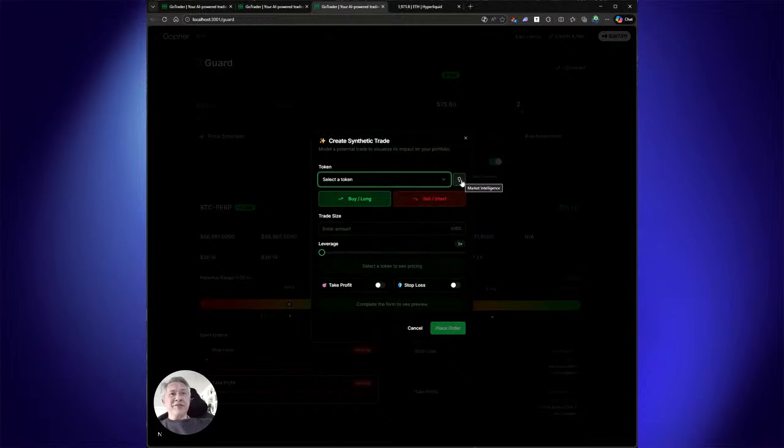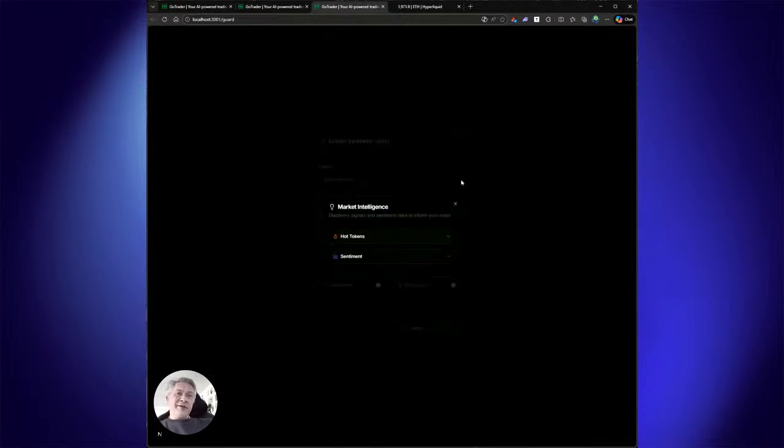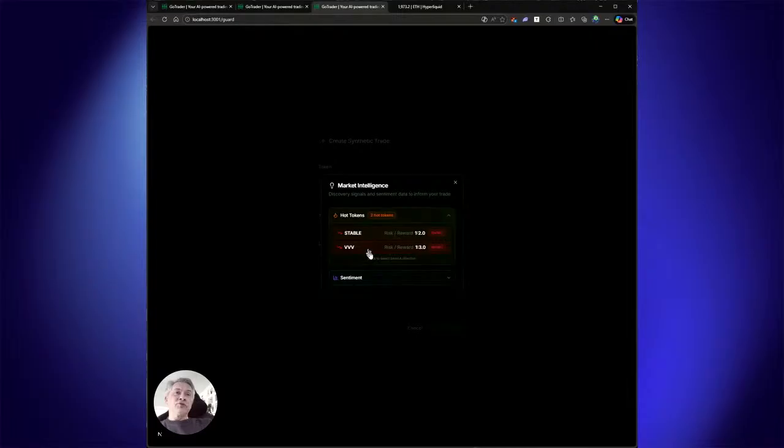market intelligence button. And what we're doing now is we're starting to actually pull together the features of Gopher and showing how they leverage one another. When you're looking to trade, we have discovery that shows you some of the hot tokens. We have sentiment that shows you where tokens are heading, what the sentiment is in the market. But with hot tokens, this loads from the discovery part of our product the tokens that are either looking to go long or short. Now right now there's only a couple that are short, everything else is in a wait state,